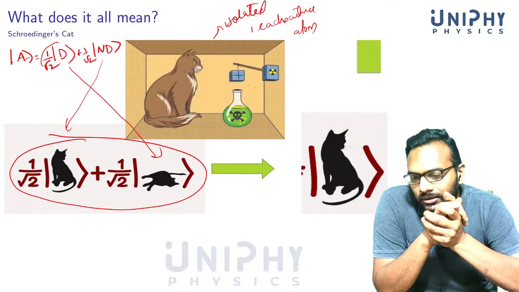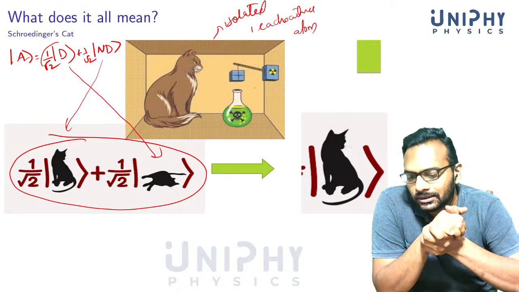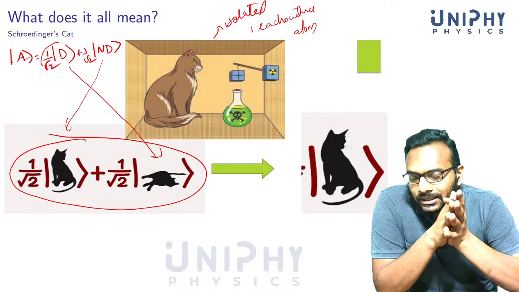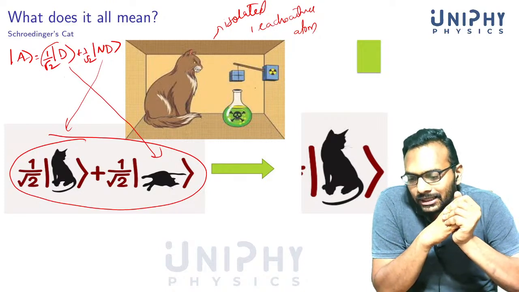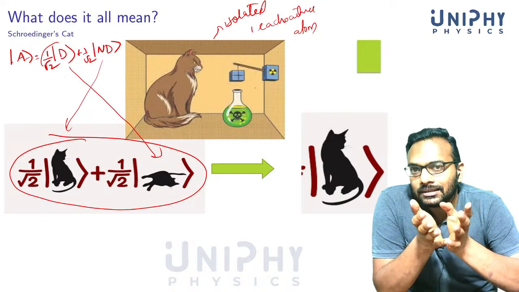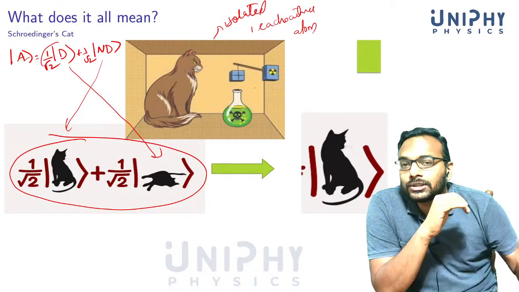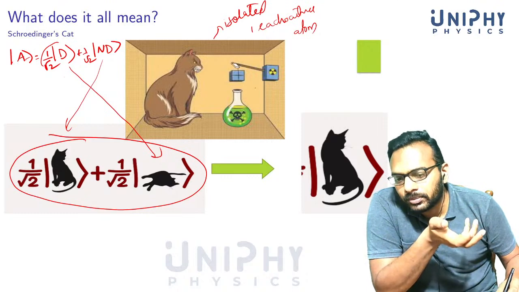Okay, that's quite a sad story for the cat. So quantum mechanics in this situation, if you take it literally, says that the cat actually is dead and alive at the same time inside the box, right? But once you open it, you never see the cat in superposition.